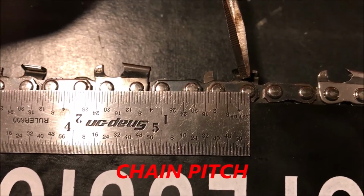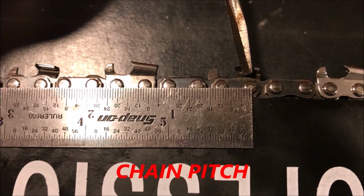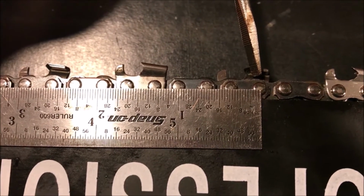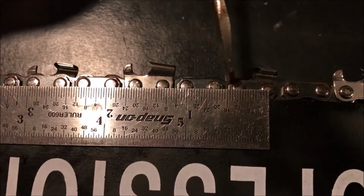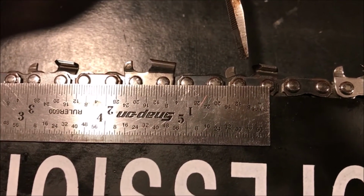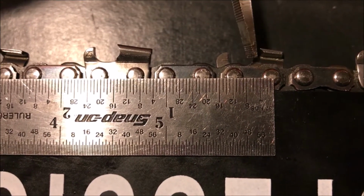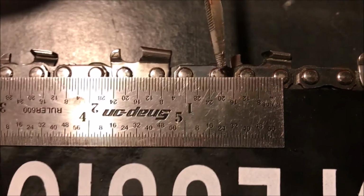Okay, so the next measurement you need is pitch. This is very important because this has to do with your drive sprocket and how it works. So you need to know the pitch of your chain for your chainsaw and bar. So you measure pitch from 1, 2, 3 rivets, from the center of those rivets, and that gives you your pitch, and that you divide that number in half. So as you can see here, this is about from the center of the first to the center of the third rivet is about